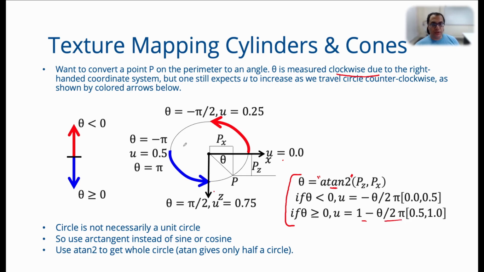And you should try to figure out other mappings for U and V from, say, the surface of the cylinder to a unit square. This is by no means a unique mapping and there can be other mappings. Similarly, for a cone, you can find different mappings to the surface of the unit square. And the particular mapping that you end up using depends upon what you want to do. This is just one example.